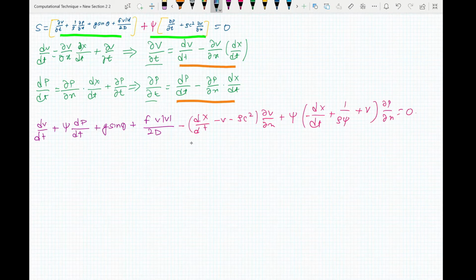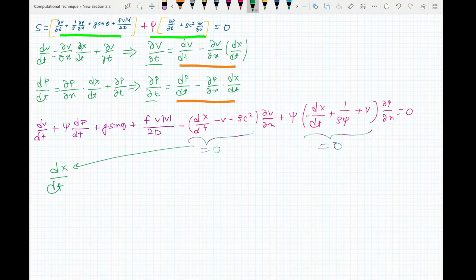Now you can set this equal to 0 and this term also equal to 0 to simplify the equation. Then what you will get here is dx by dt for this case will be equal to V plus rho c square, and for this case it will be equal to 1 by rho phi plus V,